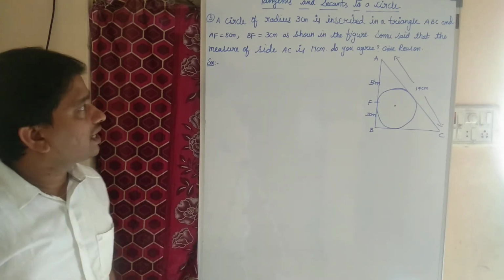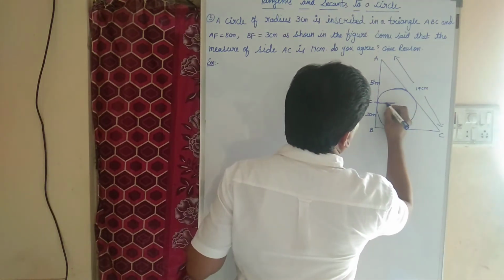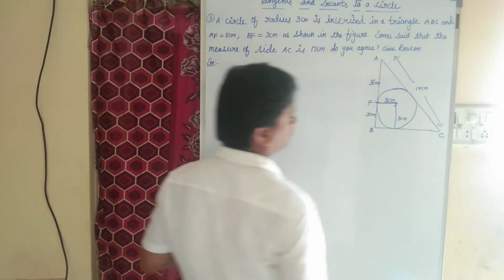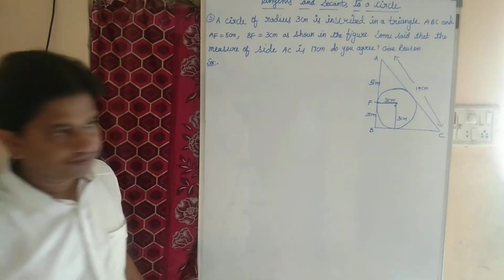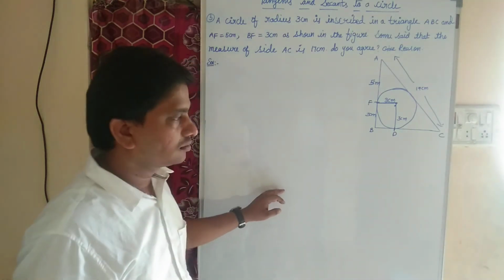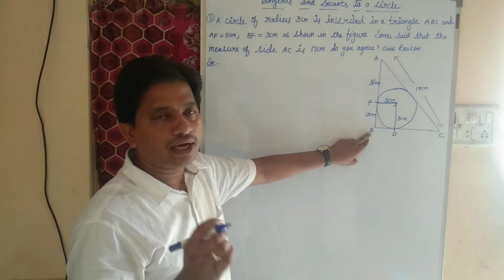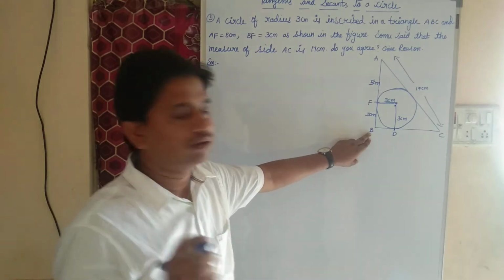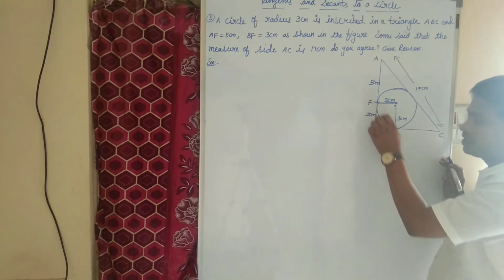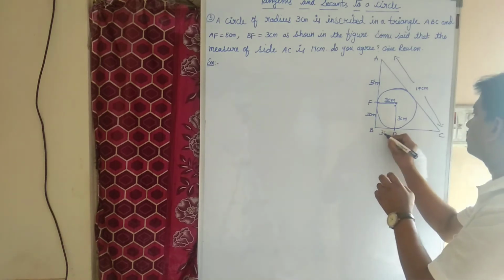Okay children, let us find now. A circle of radius 3 centimeter. What is the radius here? Radius is 3 centimeter. So this is 3 centimeter. Right? So this point we call D. Listen carefully. D is an external point. Length of the tangents drawn from an external point to a circle are equal. BD is one tangent, BF is another tangent. If BF equal to 3 centimeter, automatically BD is also 3 centimeter. Right?